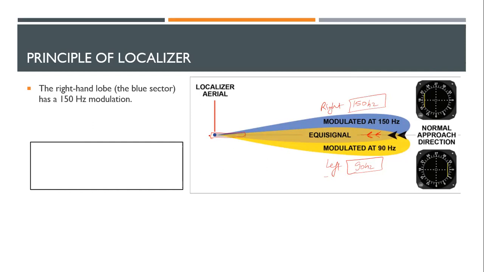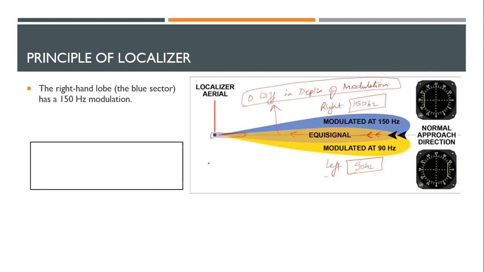Now, why is this? Because the principle of operation of the localizer is to find the place where we have zero difference in these modulations. We want to find a line in the middle where we receive an equal amount of 150 hertz and an equal amount of 90 hertz signal. That line is our extended runway center line, and it is the only line where we have zero difference in depth of modulation. I told you in the beginning also, this is our principle of operation. This is what we aim at.